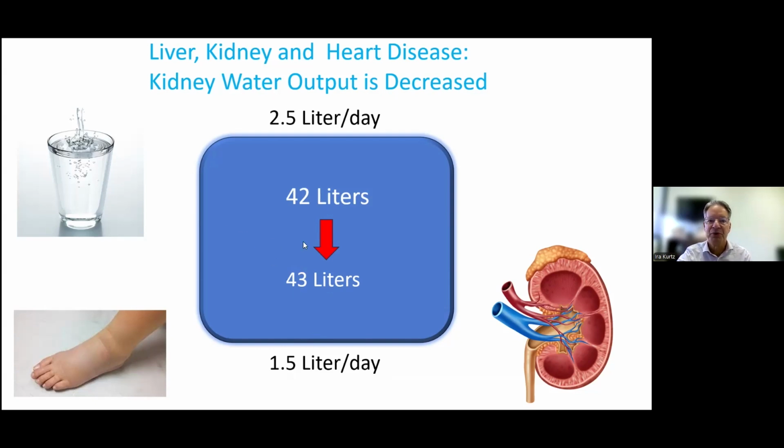So here's an example where we have disease states that prevent the kidney from matching the intake or the whole body intake and output being equal, and that fluid just stays in your body and will gather in your ankles usually by the end of the day, assuming you've been upright in a gravitational field. If you're an astronaut on the space station and this happens and there's no gravity, you're not going to get ankle swelling.